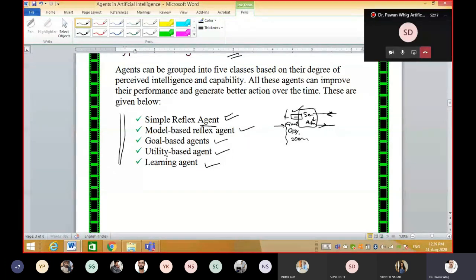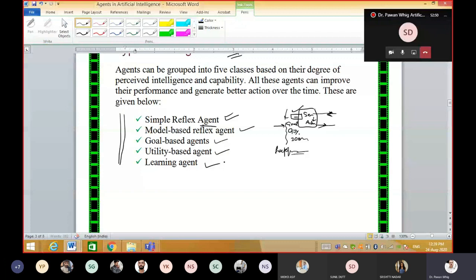And another one is utility based. In utility based, it is also a kind of goal based, but one additional feature is there. In utility, it will check your happiness as a factor, whether you are happy with the task done, or basically it checks the performance, that is the utility of that task. So this is what we call a utility based agent.